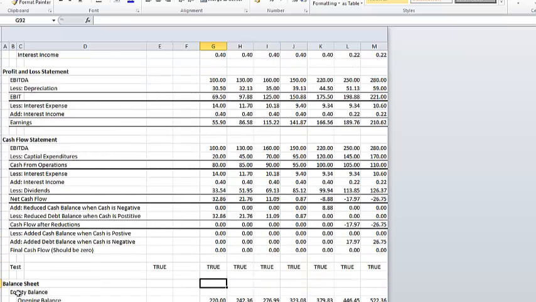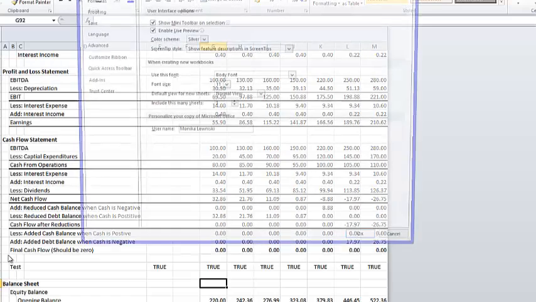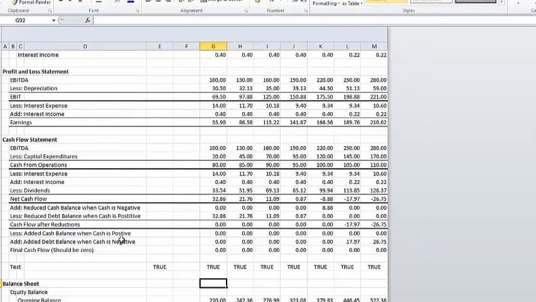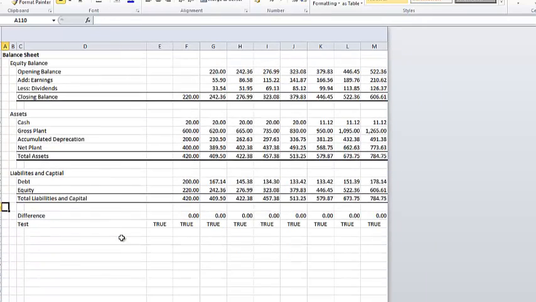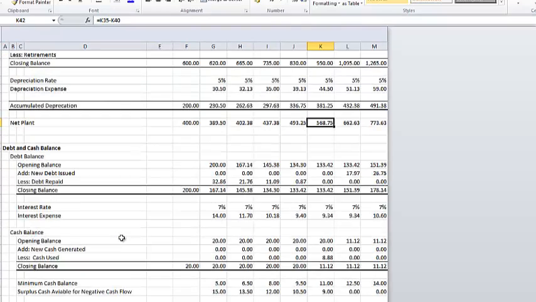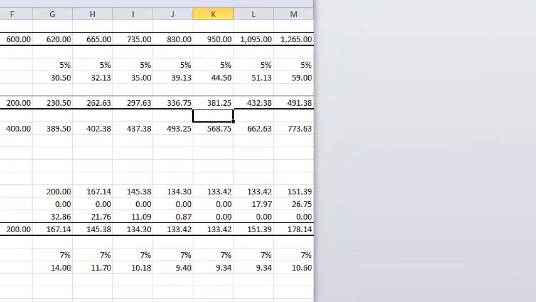And I don't believe it created any circular reference or anything like that. We don't have our iterative calculations, and the balance sheet still balanced, and we had this much cash flow, cash,